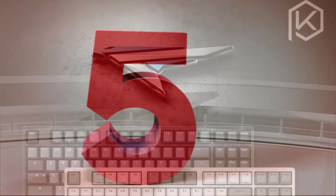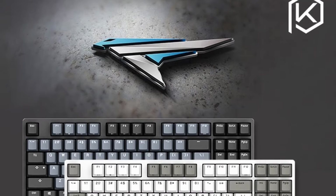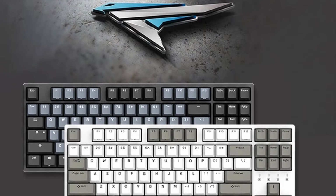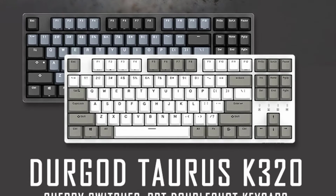Number 5 is the Durgade 87 Taurus K320 mechanical keyboard using Cherry MX switches, PBT double shot keycaps, in brown, blue, black, red, and silver switch. Features of this product: brand name Durgade, specs 87 keys, no switch LEDs, Cherry switches,